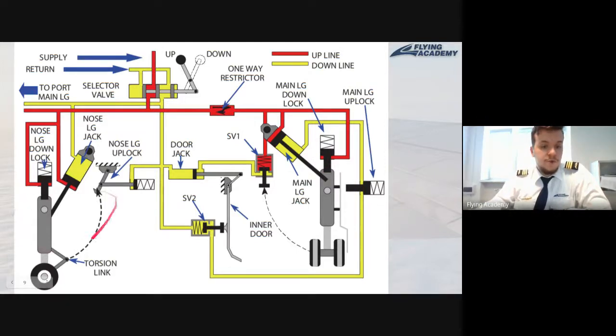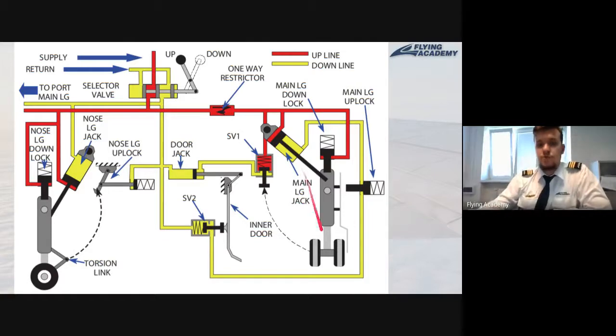The same actually for the gear as well. So here we have locker for the up position, and here we have locker for down position, and actuator here and here, which will be responsible for retraction and extension. So first thing which will actually happen here, when the pilot moves the control lever from down position to up position, first thing, the door will open.